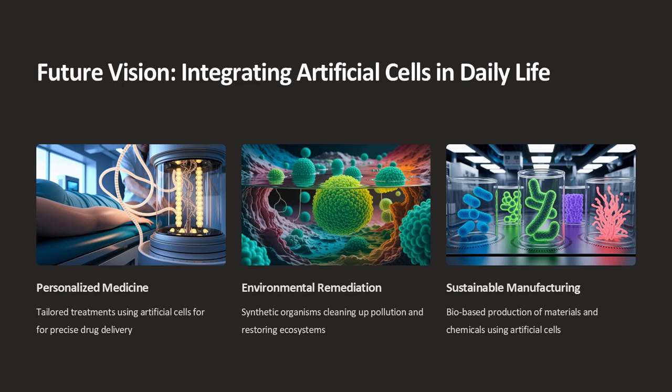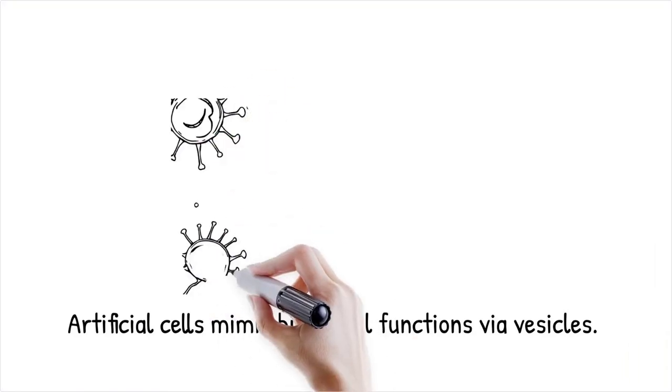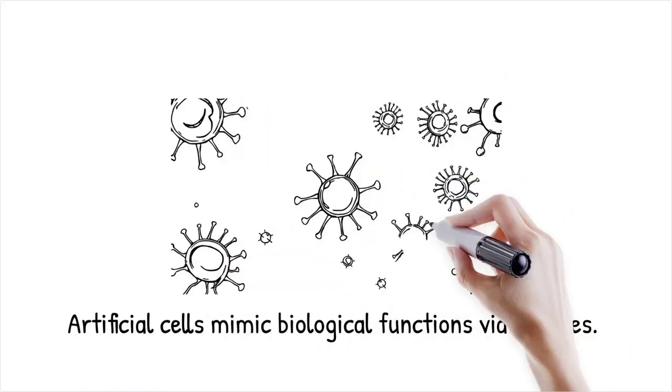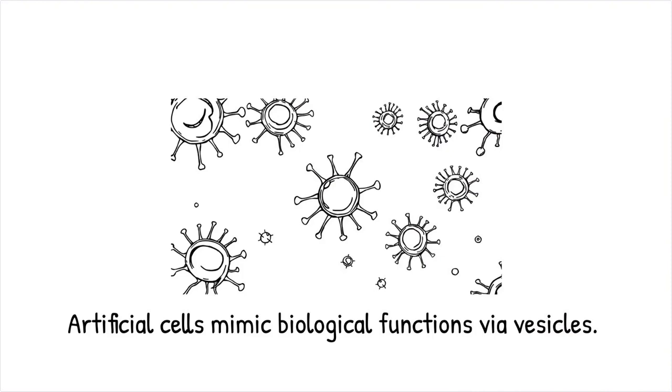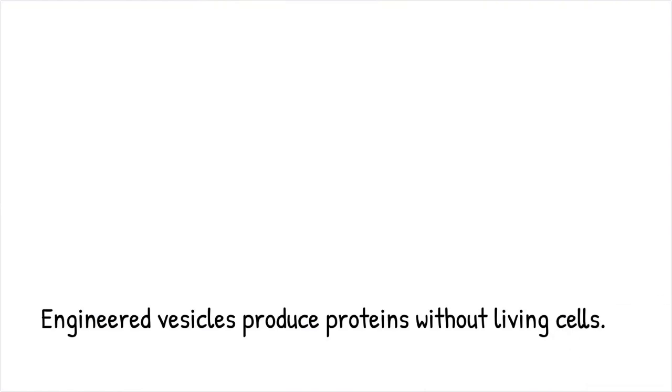biomedical and biotechnological solutions. Artificial cells mimic biological functions by encapsulating biomolecules within lipid or polymer vesicles, enabling controlled biochemical reactions. These vesicles serve as minimal models of living cells, allowing researchers to study membrane dynamics, molecular transport, and synthetic life processes. Their design integrates membrane-bound compartments with functional biomolecules such as enzymes, ribosomes, or DNA, enabling replication, metabolism, and signal transduction. Researchers have